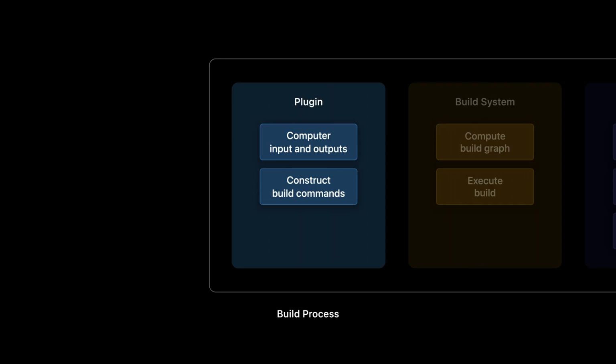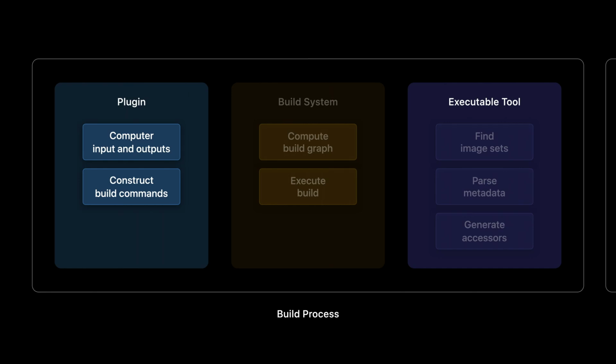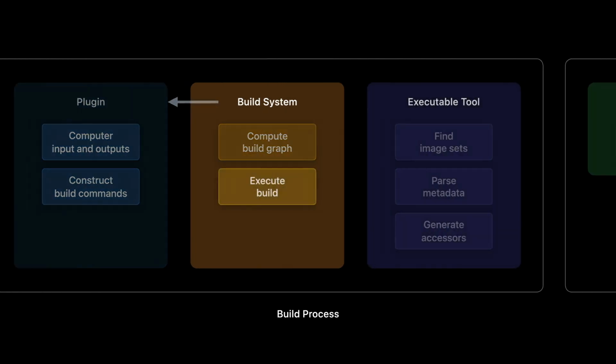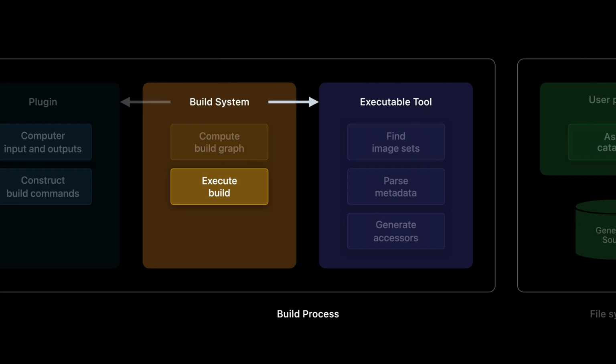Inbuilt commands work a little different from custom commands in that they're providing a description of executables to run as well as the inputs and outputs. The executables can be provided by the system, third-party packages, or you can create one tailor-made for your plugin. We want to take the third approach here. Plugins get run at the start of the build process in order to participate in computing the build graph. Based on that, executables get scheduled as part of build execution.